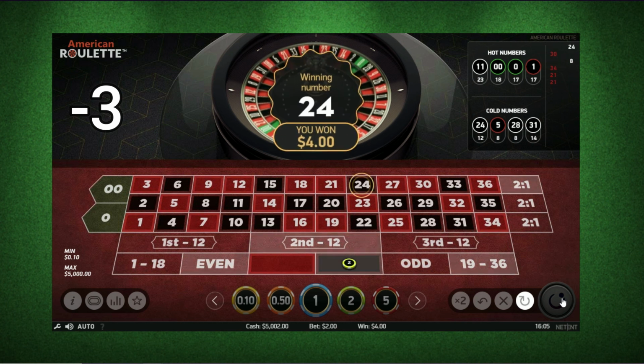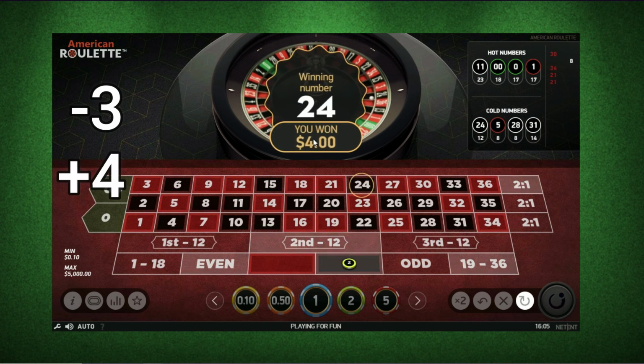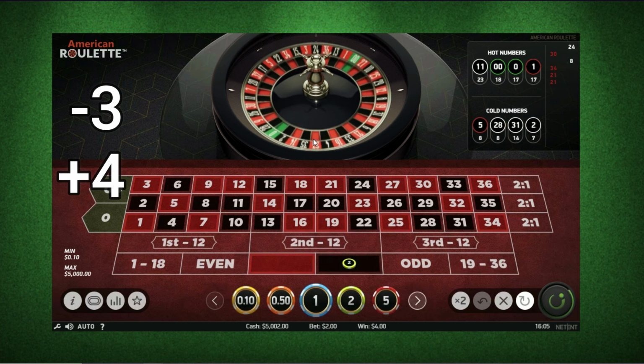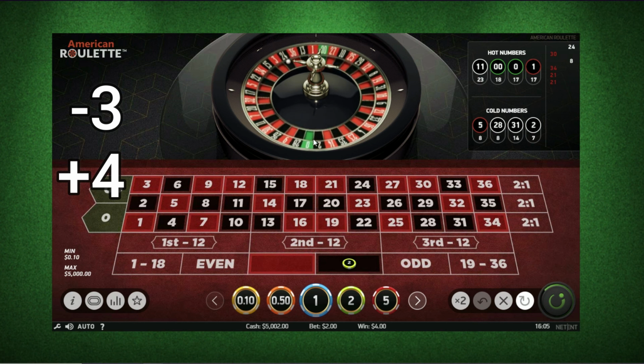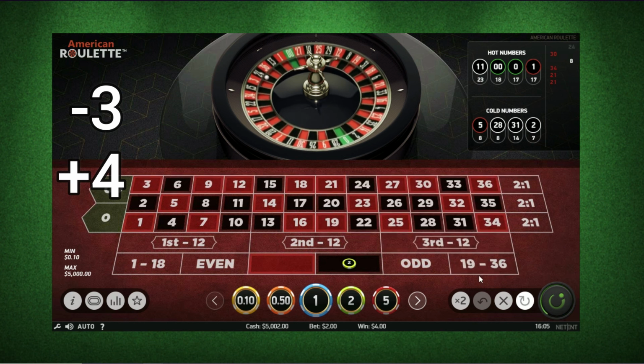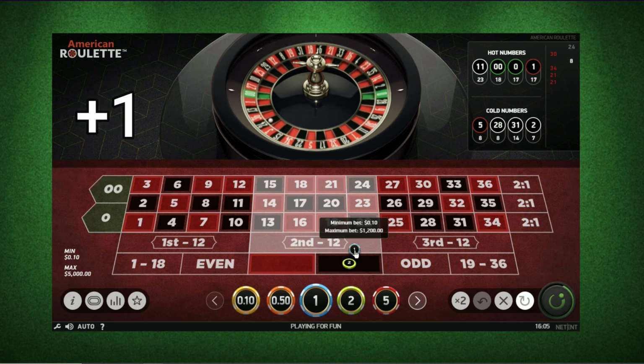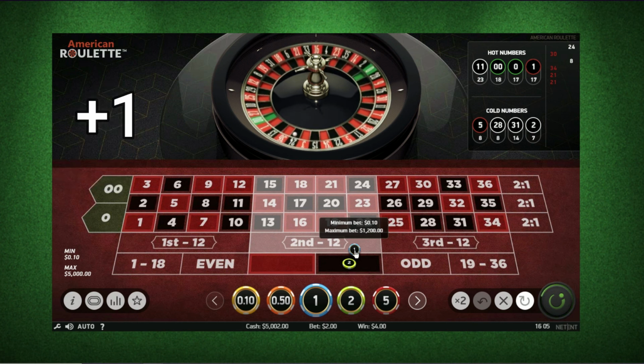The winning number is 24 black. In the hole for $3, and we won $4. And that's basically how the system works. No matter what happens, if you double your bet, you will come out ahead your initial bet. Now you can imagine if you keep this up over time, you could come out a great deal ahead.